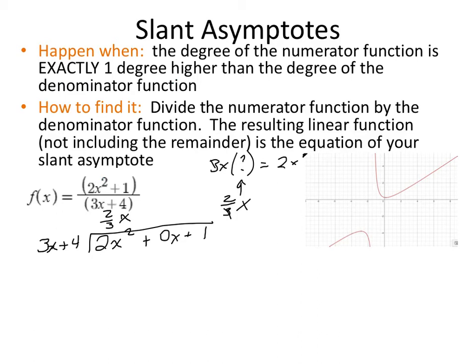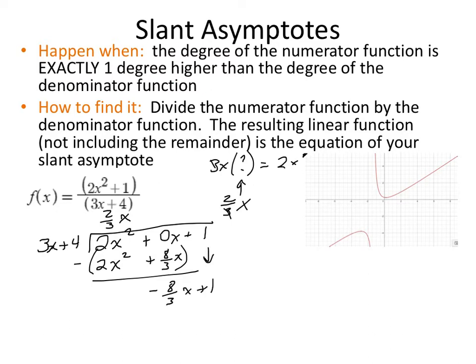Does everybody see that? Okay, had to do a little equation manipulation off to the side. So 2/3 x times 3x should give me 2x squared. 2/3 x times 4 will give me 8/3 x. And I'll subtract that, and that will give me a negative 8/3 x